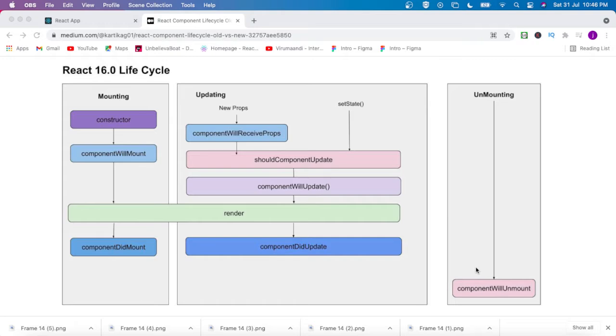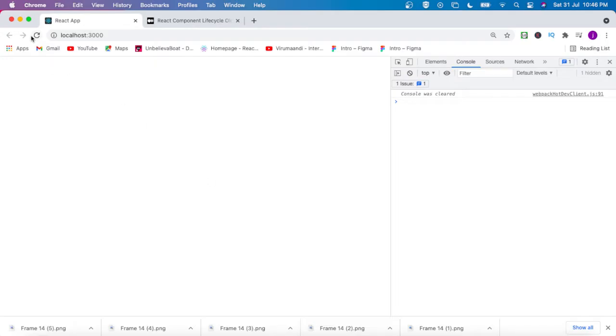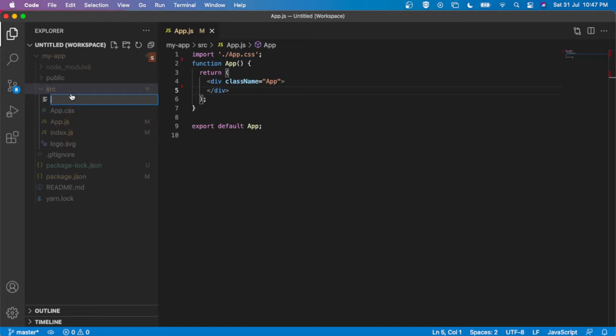Now I am going to explain all these important life cycles using an example. For that, I have created a React.js application, and I removed all the code from the app.js file. Now if I refresh, I can see the project is running on localhost 3000. Here I am going to create a component. Inside the src folder I am going to create a component